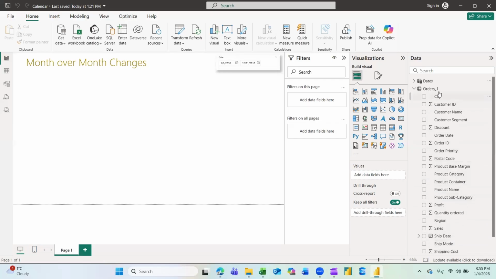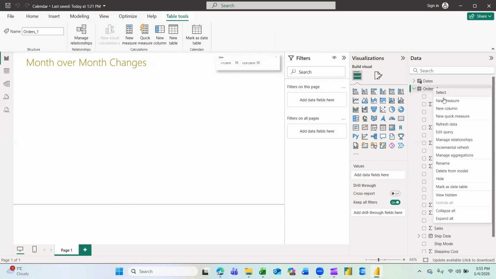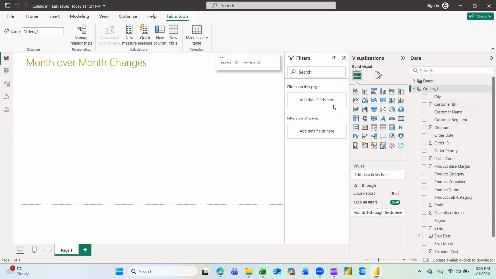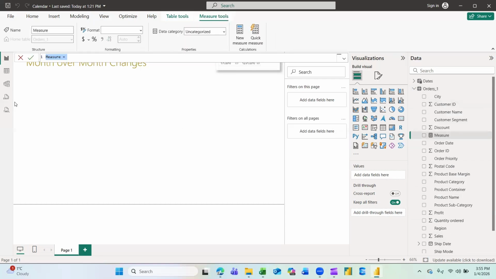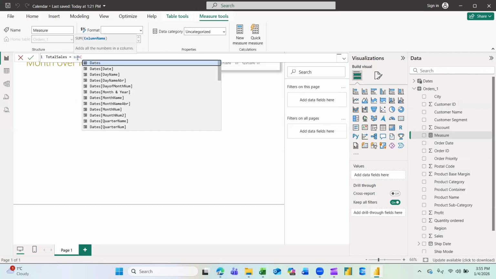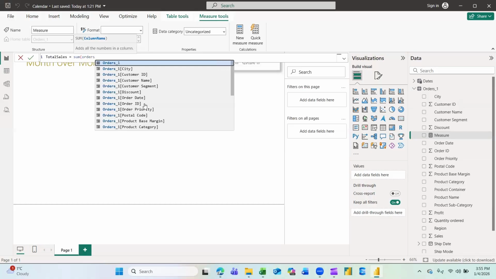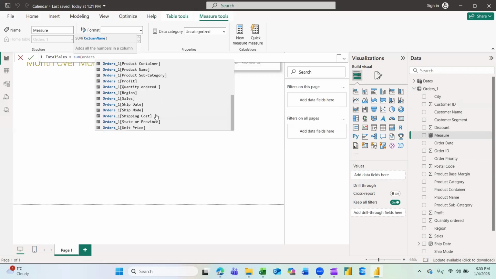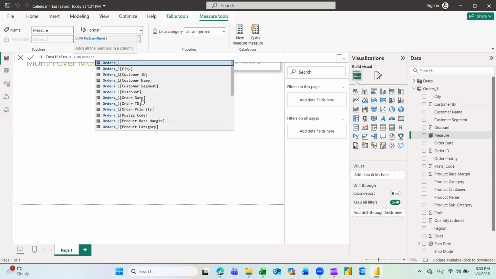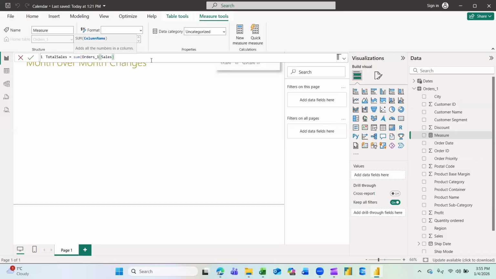And let's just start. We need to build three measures. So we'll start with the first one and we'll calculate the total sales, which is very simple. We'll make a sum. So we'll call this total sales and we'll just make a sum of sales in the orders table. So we need to look here for sales, which is here.